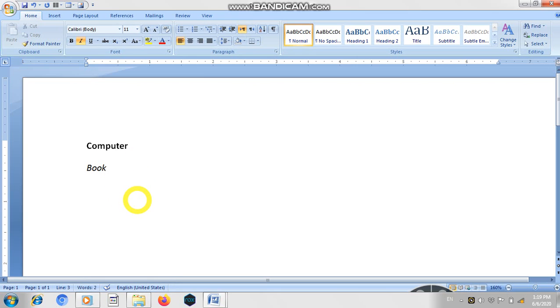Now the third option is underline. How can we underline our text or data? For this purpose you have to type another word, like I will type here English.